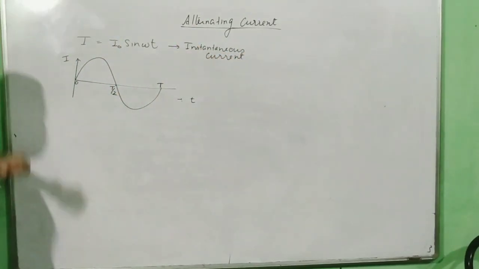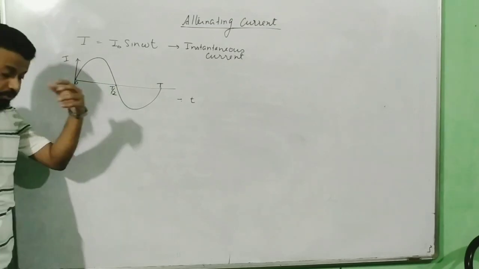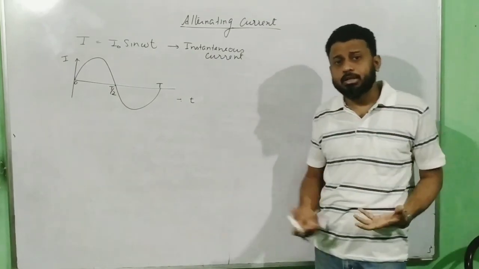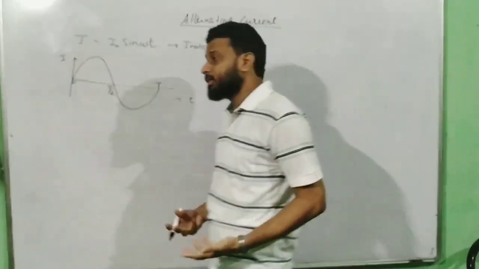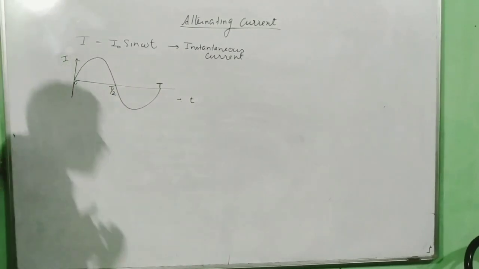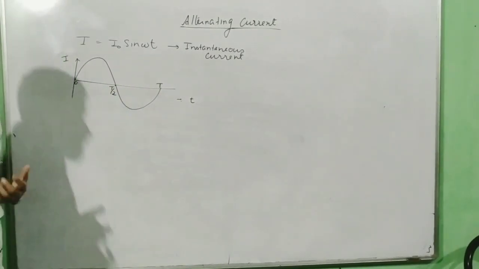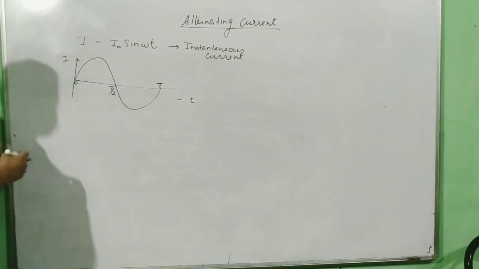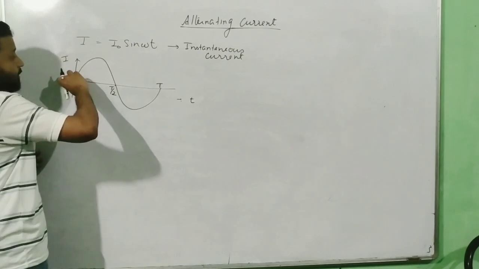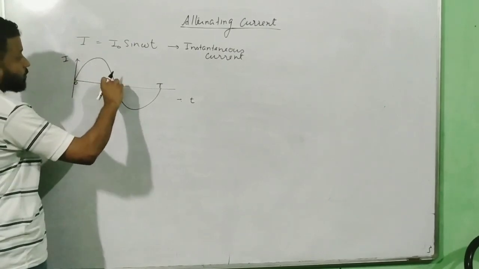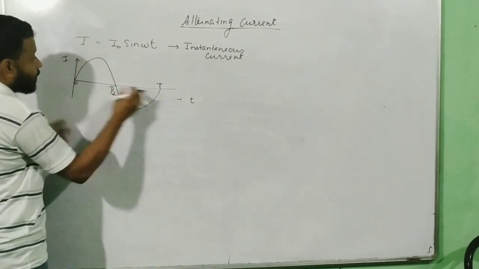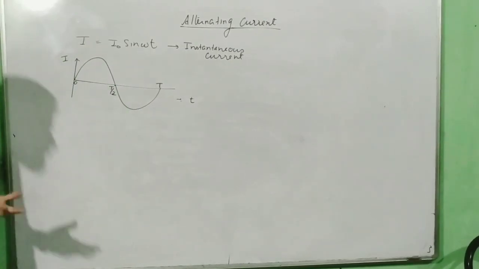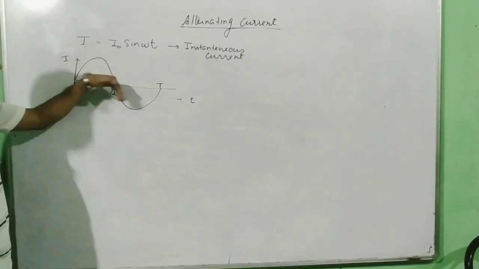But I want to find some interesting results, and those are the average current over a full cycle, and the RMS current. Another term coming up is RMS, and I will tell you why we have to study the concept of RMS. Let us first find the average current. In one cycle it fluctuates from 0 to maximum, and then goes again to the negative side. So what is the average of all this? The average is important for us, that in one cycle how much overall I am getting. So let us try to find the average.